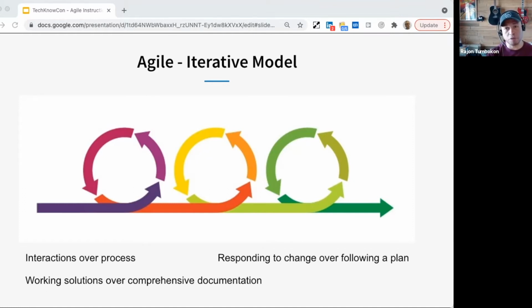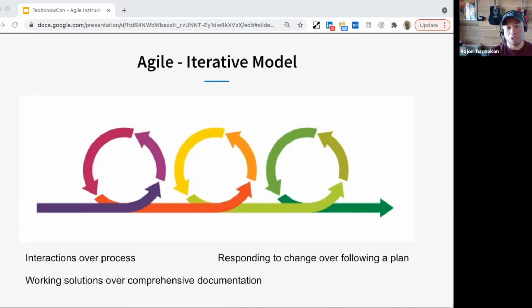All right, this is based on the Agile software development practices. Within the Agile software development practice, there's an Agile manifesto, and if anyone wants to learn more about this Agile manifesto, feel free to Google it. But in that manifesto, they talk about why they are suggesting this kind of model, because they want to focus on interactions over process, right?